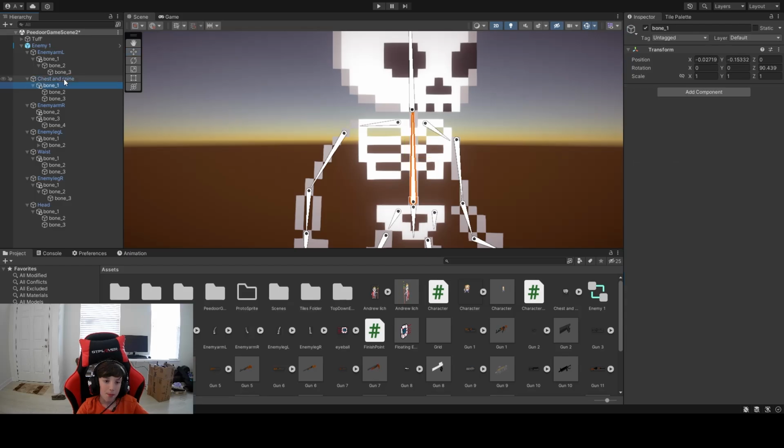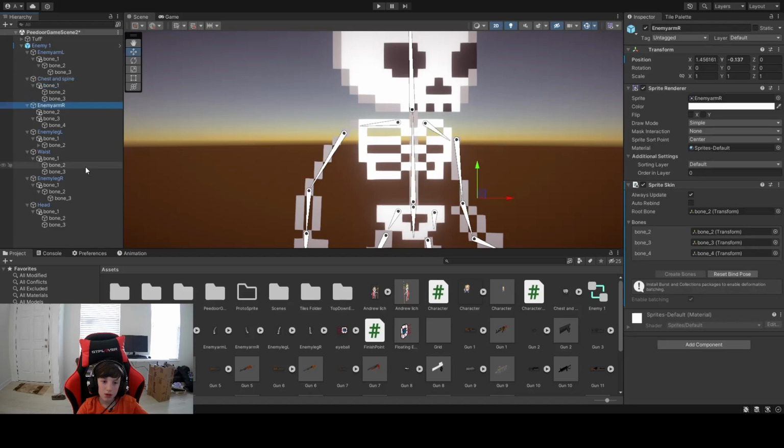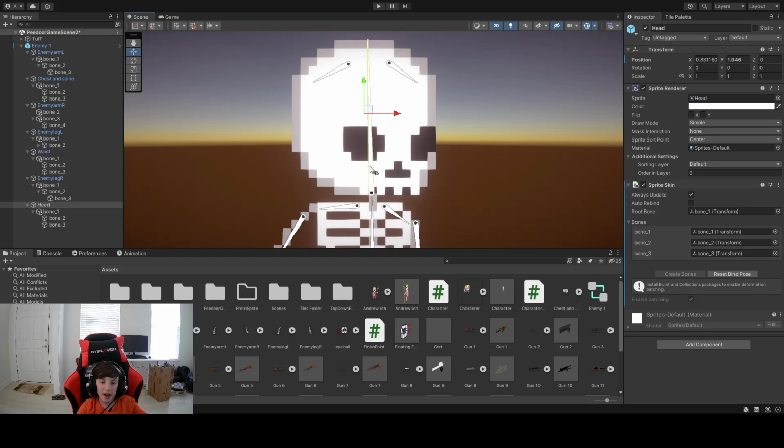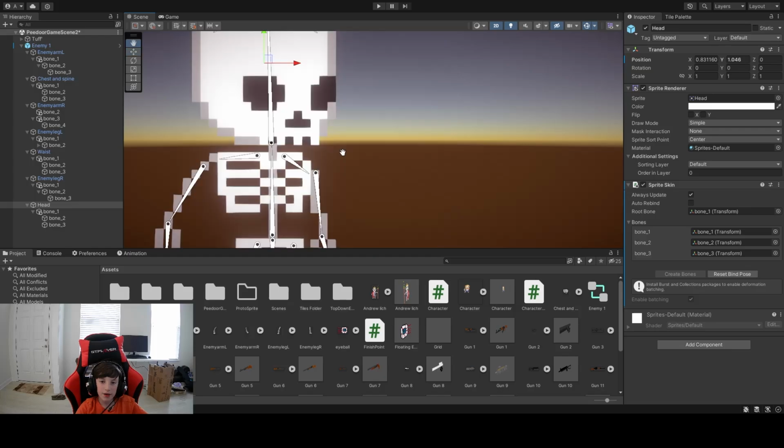Just the first bone is always the parent of the other bones, and I think that's it with bones. And things like the head are way more versatile. So, like, not versatile, like